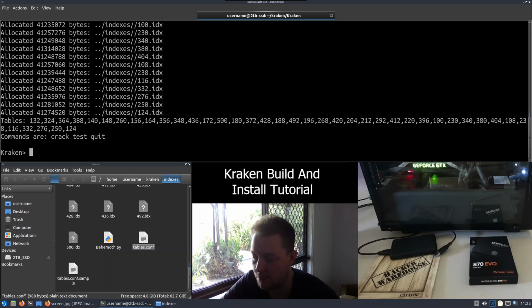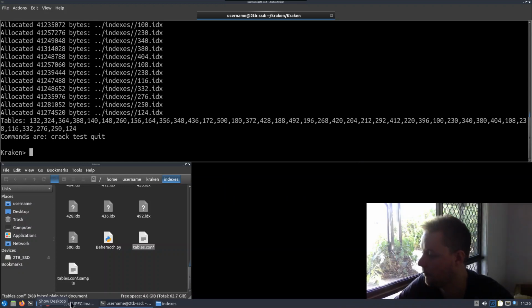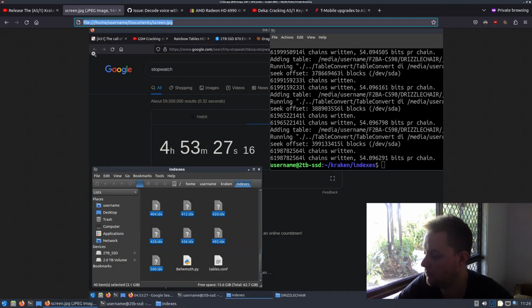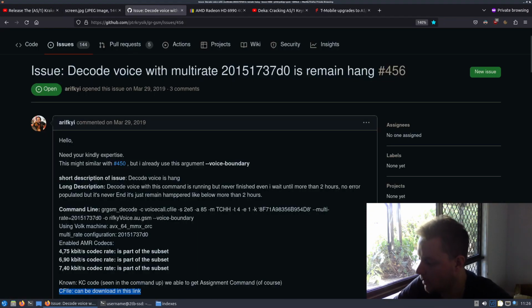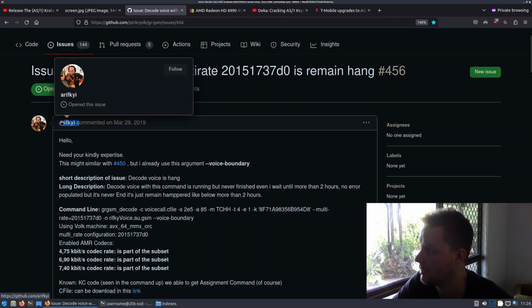Kraken has a very simple command line interface. There are only 3 commands: crack, test, and quit. We could easily just type test and hit enter, but that's boring, right? Let's do something a bit more fun for our Kraken testing. Instead, let's crack a real A5/1 encrypted key stream extracted from a GSM base station, captured and uploaded by this